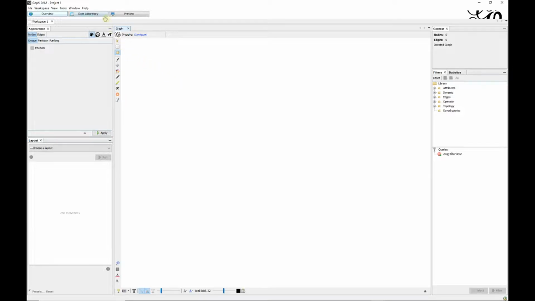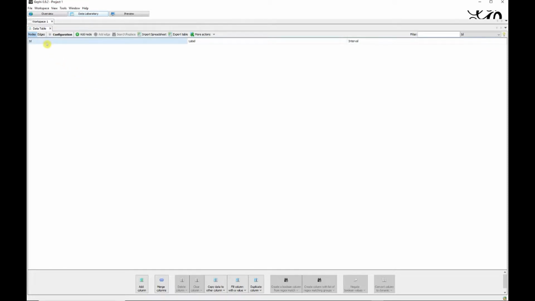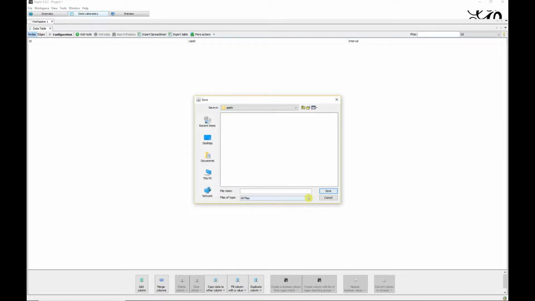In order to do that, we're going to go over to the Data Laboratory by clicking here, and what you'll notice is in this data table, we can look at either the nodes or the edges. At the moment, we don't have any nodes or edges in our graph. Before we continue, I'm going to save. So I'll go to File, Save As. After deciding where I want to store the graph file, I'm going to call this CIDM faculty and go ahead